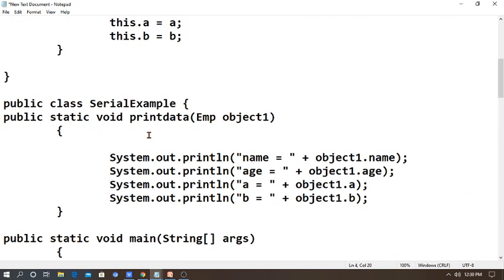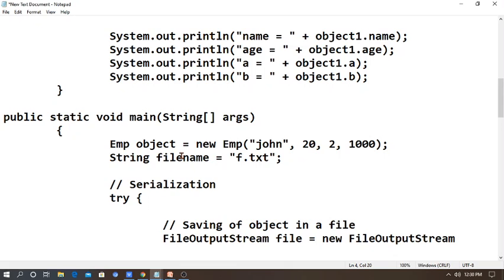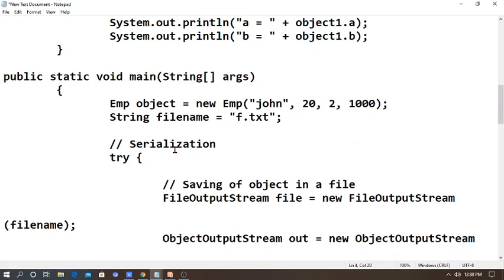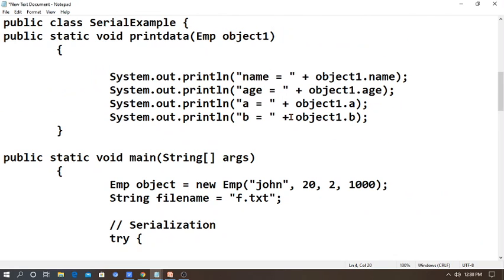I am going to conclude with the main process now. As you know, you know what a constructor is, what a class and object are, so you can easily understand it here. The employee object is created with new Employee. I am going to write the employee name is John, and the information like